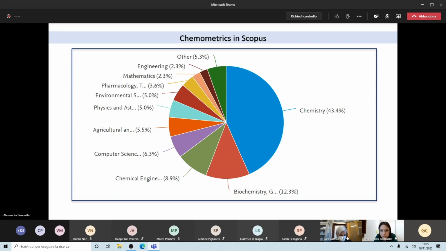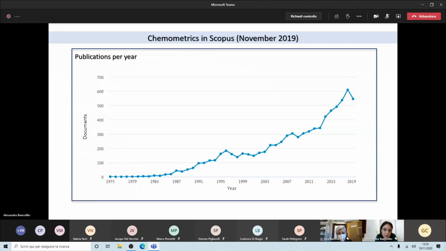But if you look at this graph, we will see that at the same time, a lot of publications are related to other sciences like computer science and mathematics. This is because despite all the applications we can find, there is still a lot of effort put in developing novel chemometric methods, and this is related to the fact this discipline is relatively new.